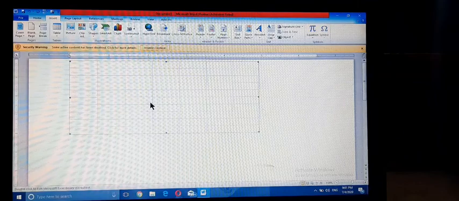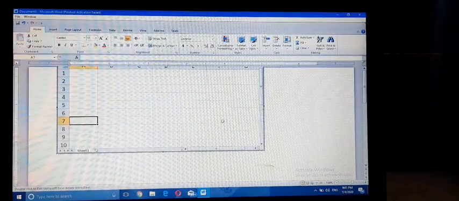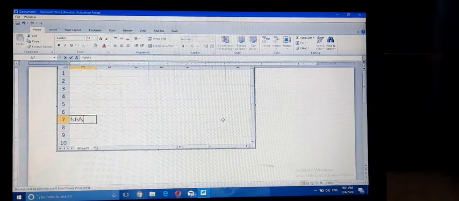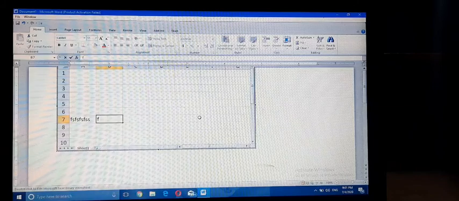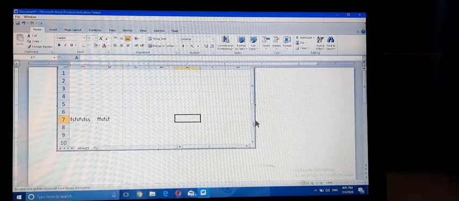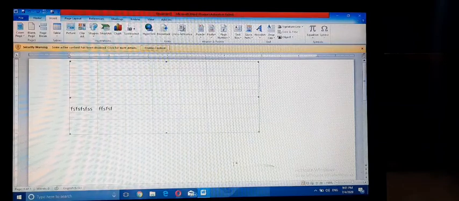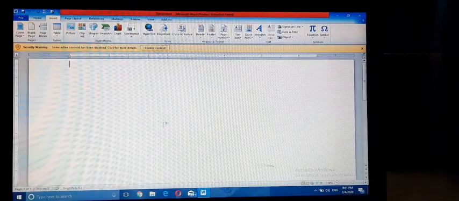This is the Excel sheet where you can work like we generally work in MS Excel. To remove the embedded or linked object, just select the object and click on the delete button. It will be deleted. Okay.